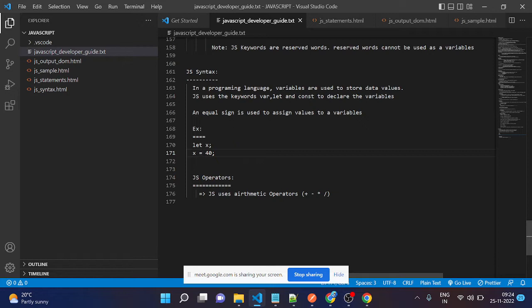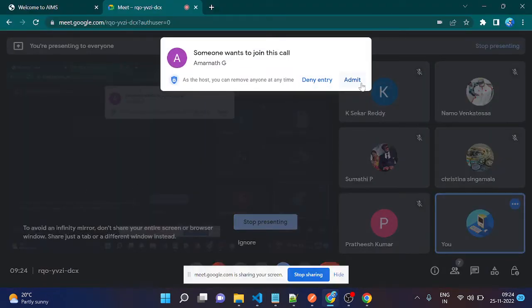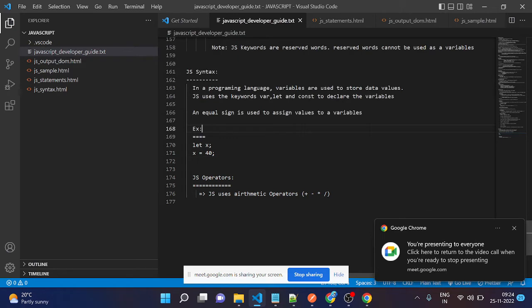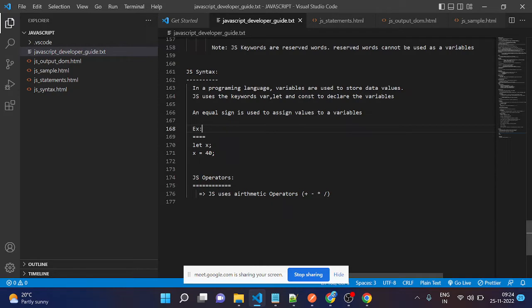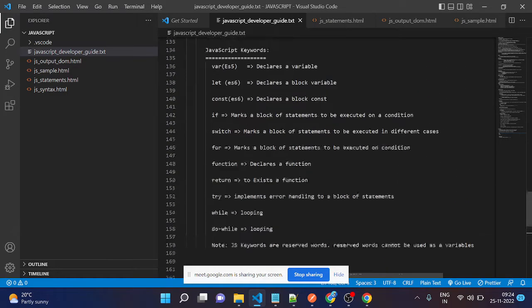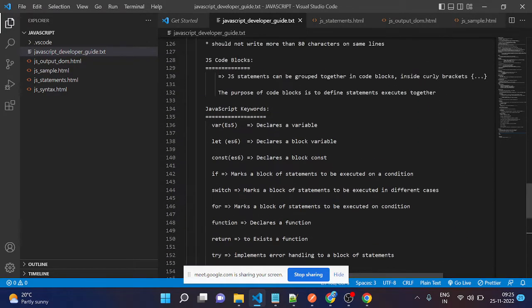Okay, we have seen the statements and the JavaScript syntaxes, how we can create it and where we can write it. We have seen operators and everything, how many types of keywords there are and how we write them. But in the keywords itself,